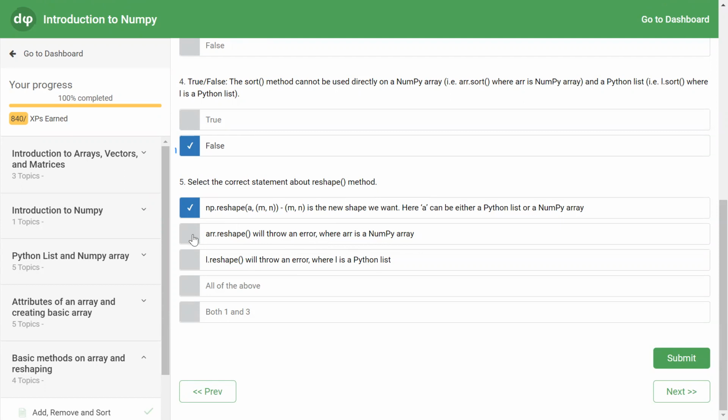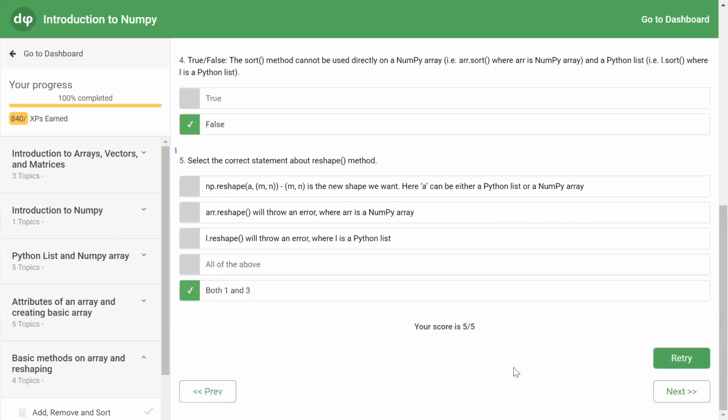This is false, because arr.reshape can be run with the array object directly, as we saw in the last example. L.reshape will throw an error where L is a Python list. This is true. So the first is true, the second is false, the third is true. Both 1 and 3 are true, and the rest are false. Submit. We have all the questions answered correctly.